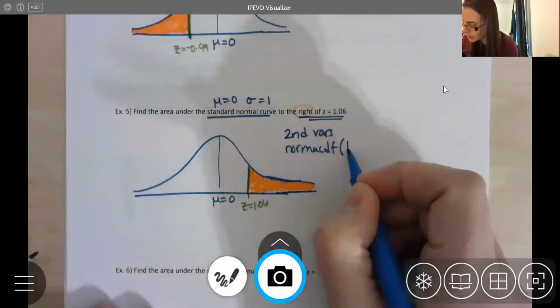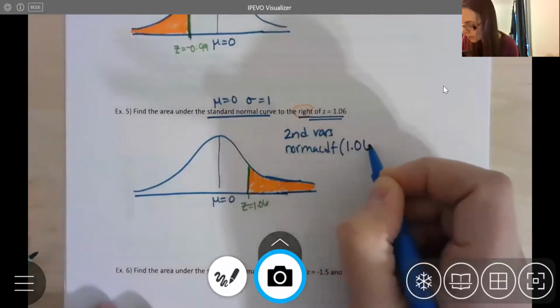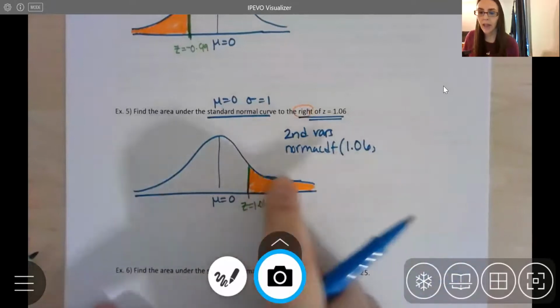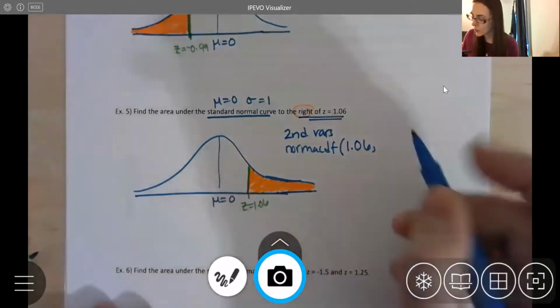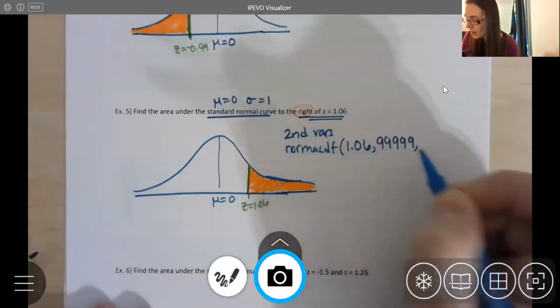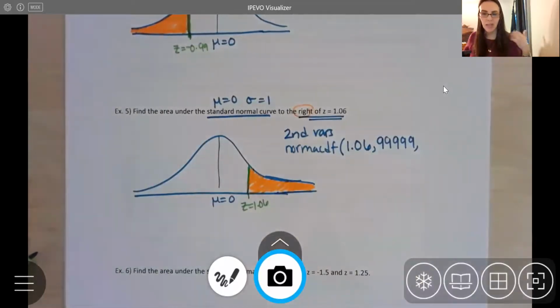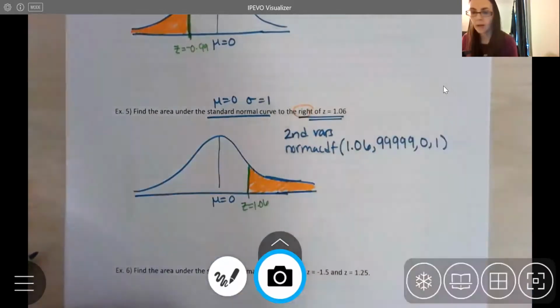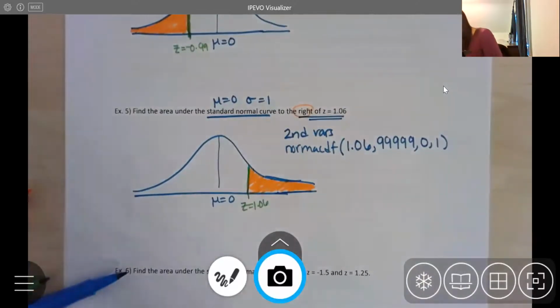So my lower bound here is going to be different. It's going to be 1.06. Now, I keep shading to the right, and that keeps going forever. It's not stopping. So I'm just going to use positive 99999. It just gives me a large number, so just use any really big number. My mean is 0, and my standard deviation is 1. So that's how I'm going to enter it on my